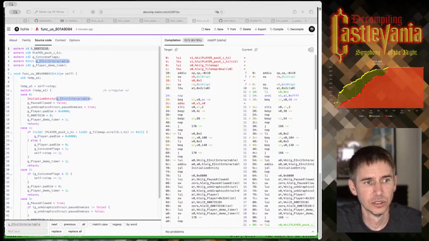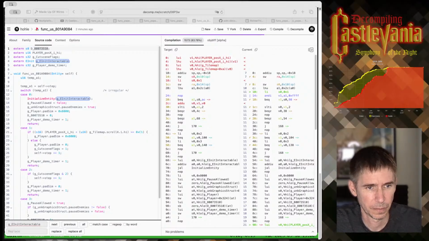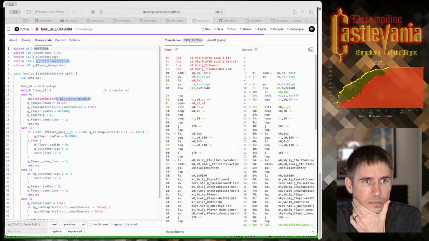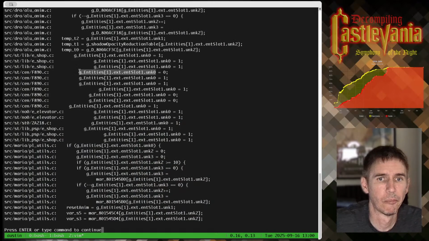Let's go look for other cases where G entities 1 dot ext is being used. Okay, and so it has an unknown 0. This is not something I've come across previously.